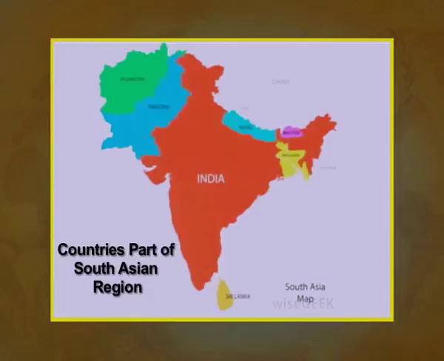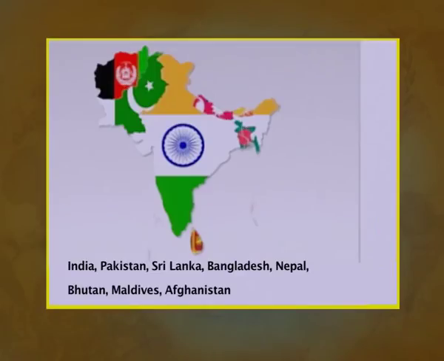South Asia, which is different from Southeast Asia. Southeast Asia, like South Asia, is a sub-region of the Asian continent in which we have other countries. Southeast Asia consists of countries that are located geographically south of China, east of India and west of New Guinea and north of Australia. Now, this is South Asia. Look at this map. This shows all the countries which are part of the South Asian region. This includes India, Pakistan, Sri Lanka, Bangladesh, Nepal, Bhutan, Maldives and Afghanistan.